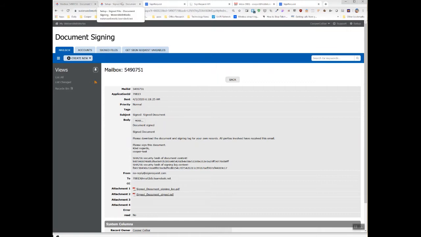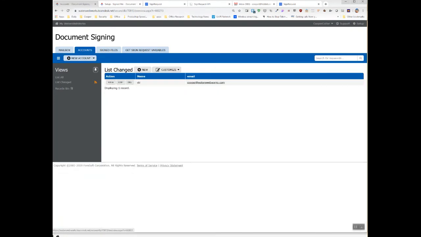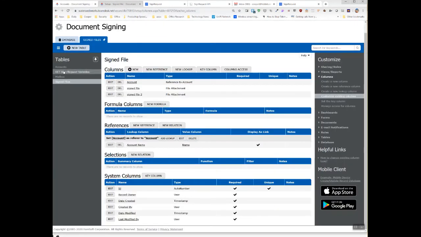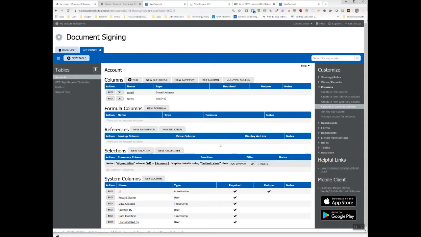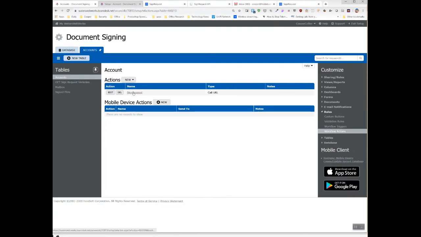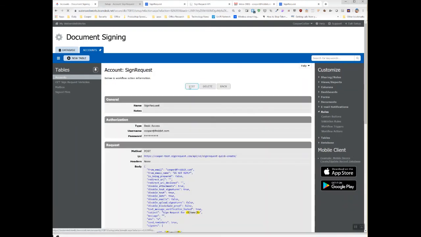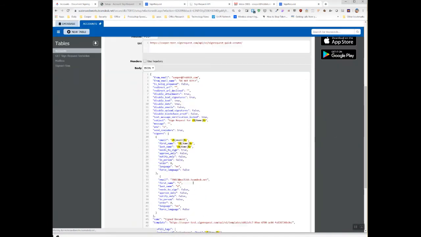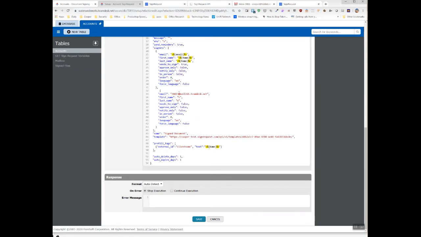Now, what we need to do is insert tags into our email stream so when it comes back, we know that this signed document belongs to such and such account. So we're going to go into setup again and go to accounts, and we're going to go to our action where we send the sign request, and we're going to edit that. And this is the secret one right here, the one that it's coming back from. Now tags, we can insert our